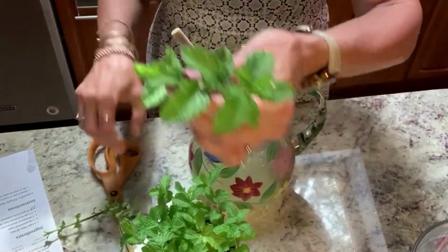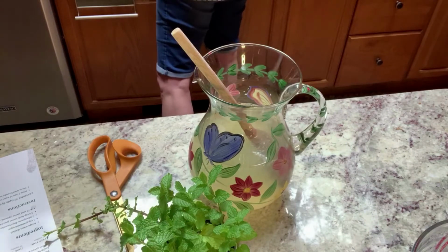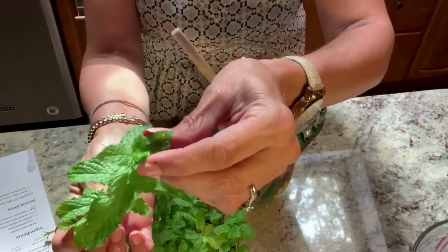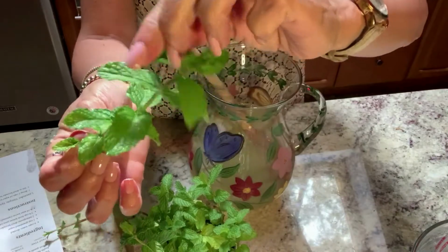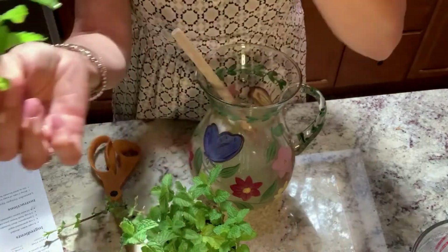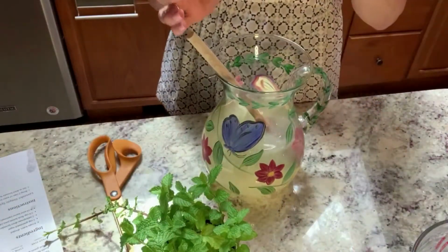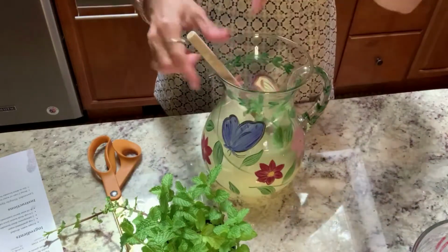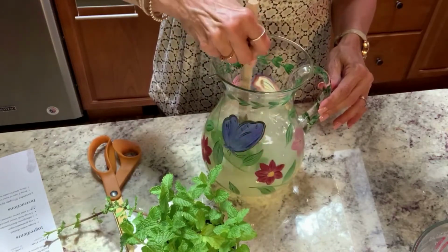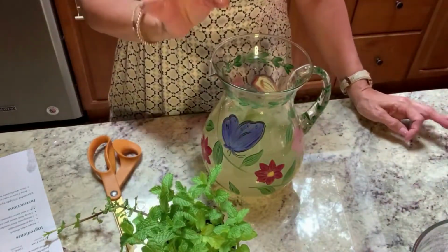Snip that right there. I'm going to give this a rinse. And what I'll do is I'll squeeze these leaves just to get their oils going. It smells like spearmint gum. And then I'm just gonna steep this in here for the rest of the day. And what I'm gonna do is I'm gonna take a little taste. It's gonna sit overnight, so